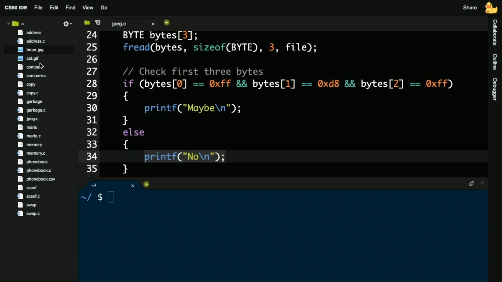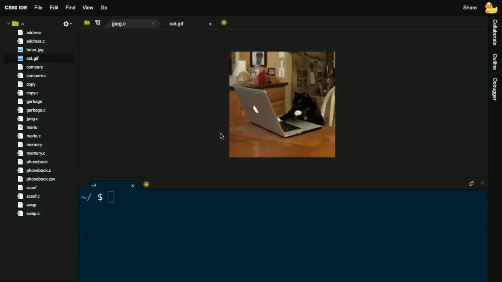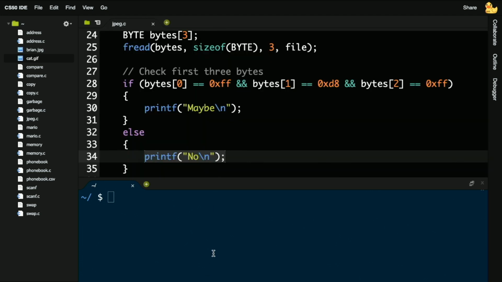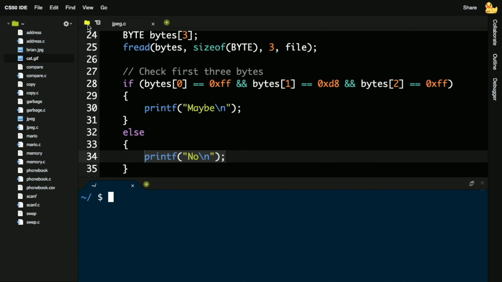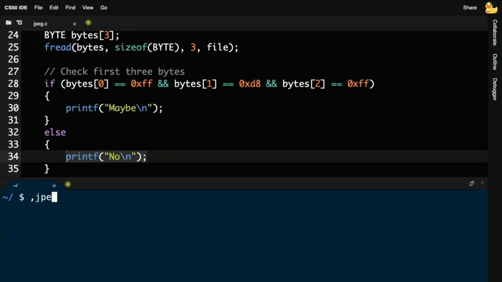And then I have a GIF, which of course is not a JPEG, that is this cat typing here. And what I effectively have in front of me now is a program that if I do make jpeg, because this file is jpeg.c, and I run ./jpeg, I can type in something like cat.gif at the command line as an argument, hit enter, and I should see no. By contrast, if I pass in Brian's JPEG at the command line as an argument, I see maybe.